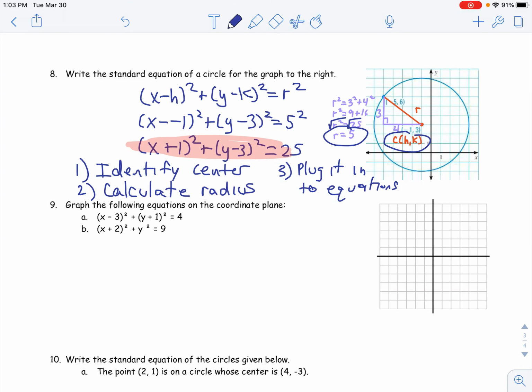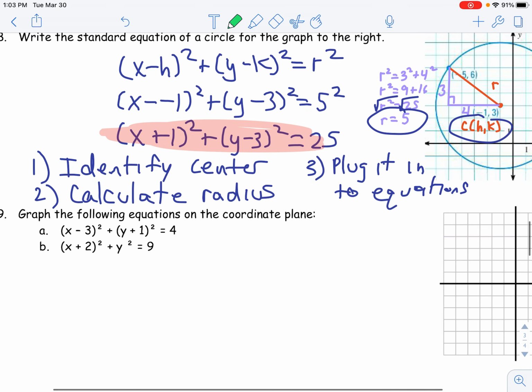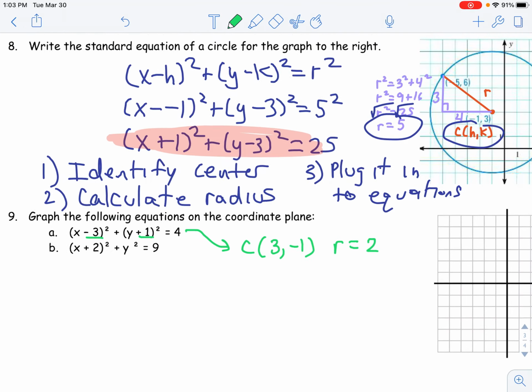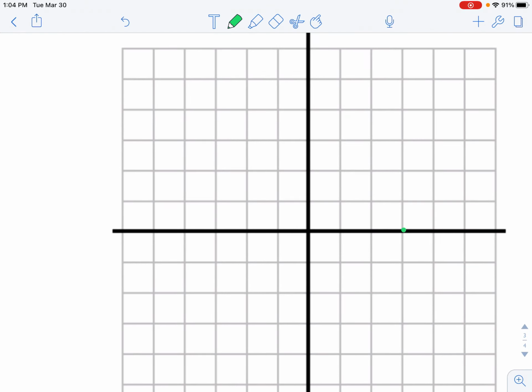So now graph the following equations on the coordinate plane. All right. So here we go right here. So now we're going to extract the center. Remember, change sign. So the center is going to be (3, -1). And then the radius, you take the square root, it's 2. So here, all you got to do is plot the point (3, -1), right 3, down 1, and then